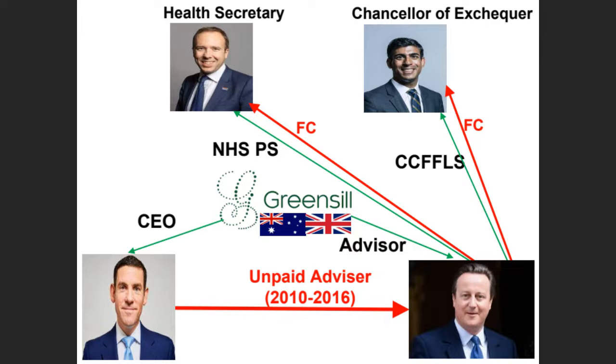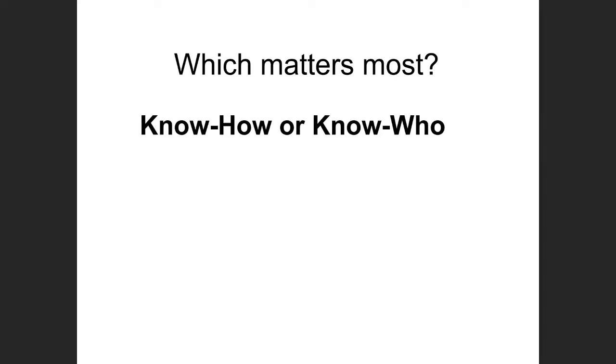Although Cameron's attempts were unsuccessful, his actions have sparked a wider conversation about the ease with which Cameron could lobby the ministers, and the role of private firms in lobbying the government. In fact, Greensill filed for insolvency protection in March 2021. My question here is, although it's just an example, do you think know-how matters or know-who